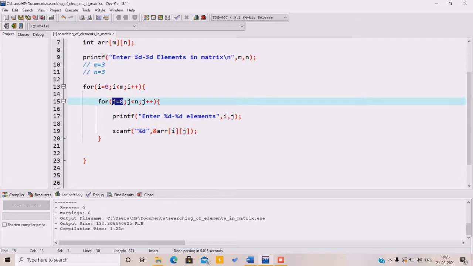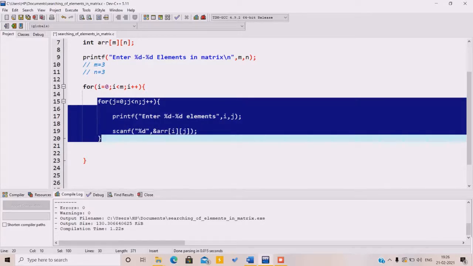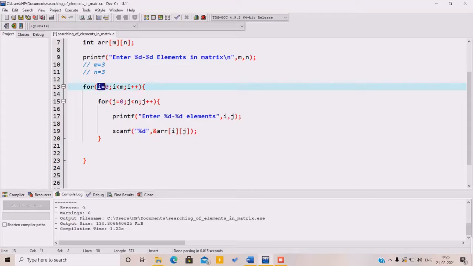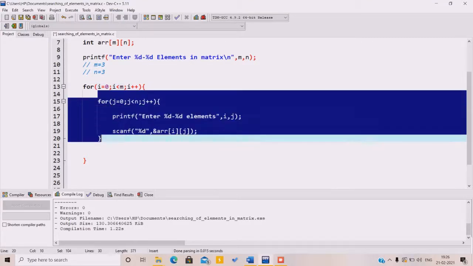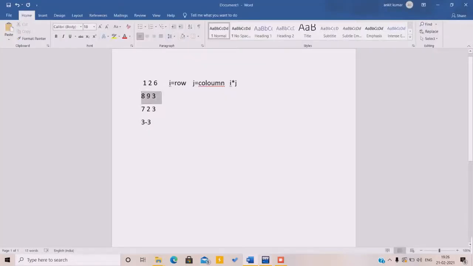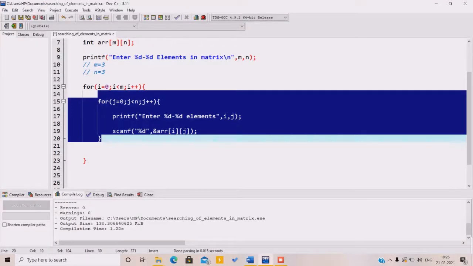If the first row is complete, then it comes out of the for loop and increments the value of i to 1, that is i plus plus, and again goes to this for loop and takes input. So this is a loop for taking input of all the elements of the matrix.